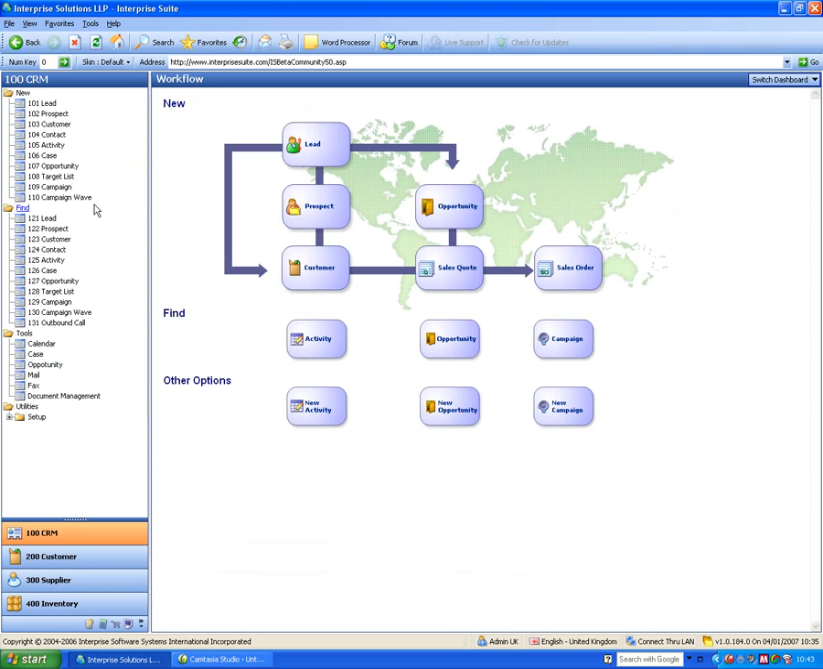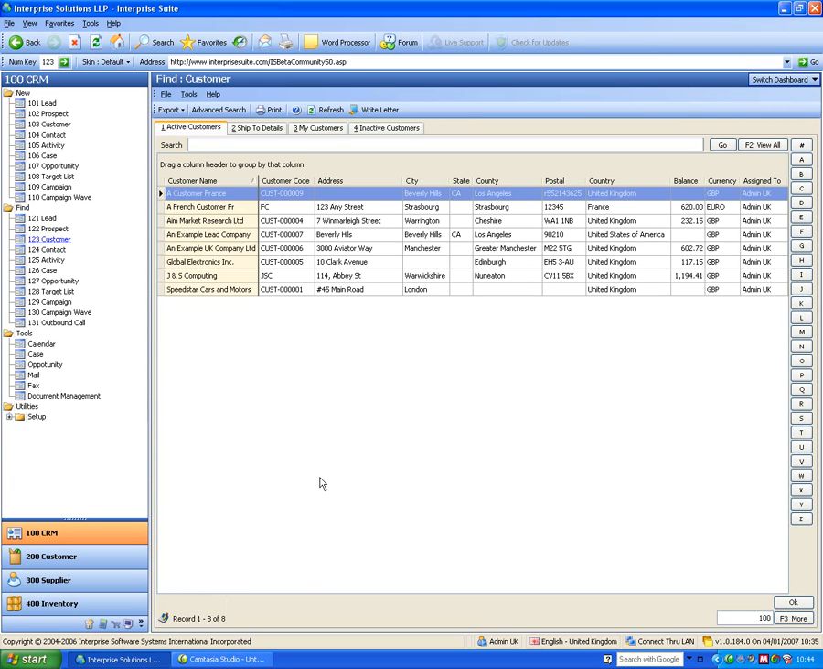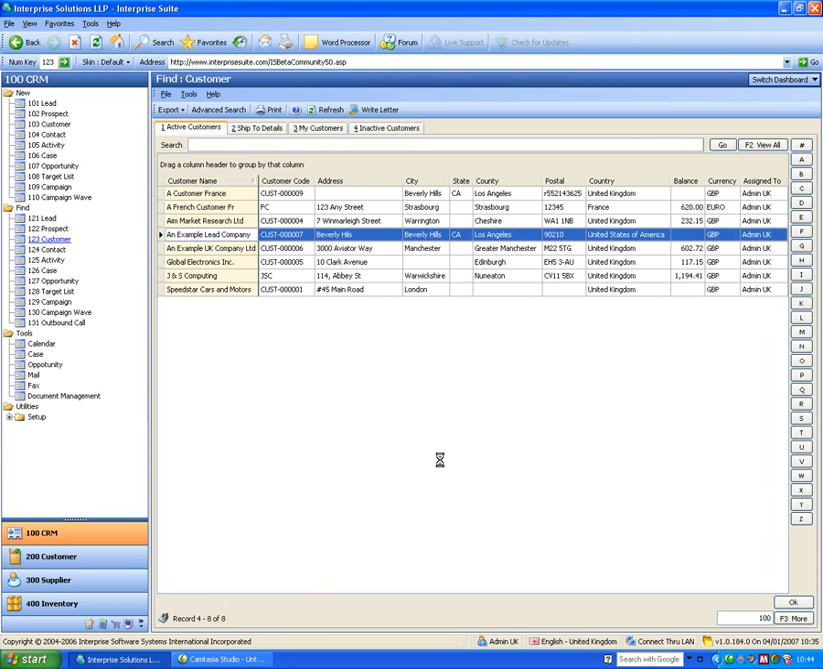So you get used to the menus. Okay, we've got new, and we've got find areas. New, obviously, new lead, new customer, create a new company, a new activity, and find is when we actually find them. Okay, so if I, let's say, click on find as an example, it will pop up a list of customers. And if I open one up just by clicking on it,